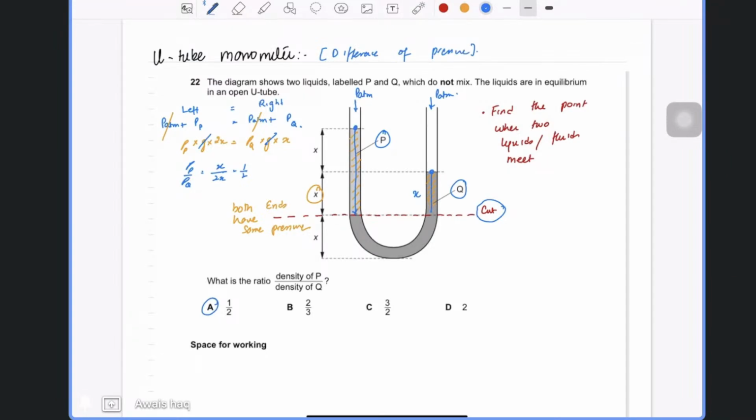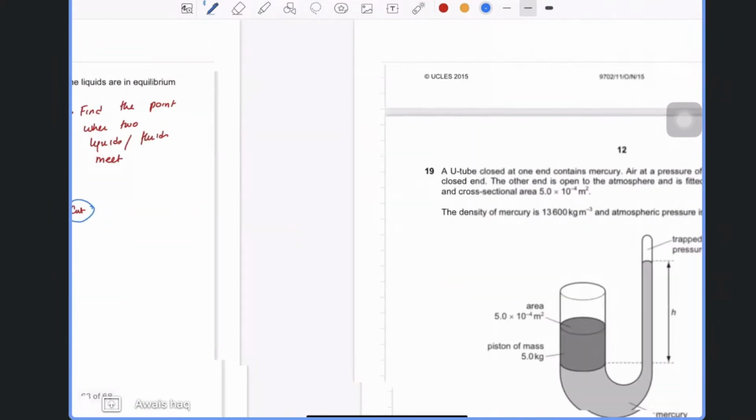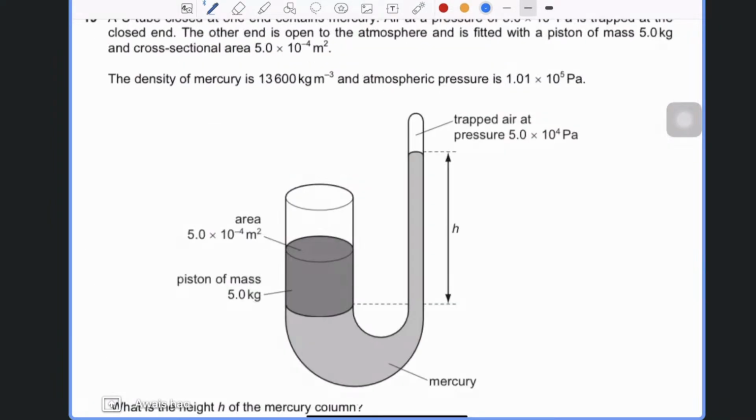Just like we did it in the previous question, this is absolutely the same. So always look at this. Anyway, now going to the next part. Now in this question,